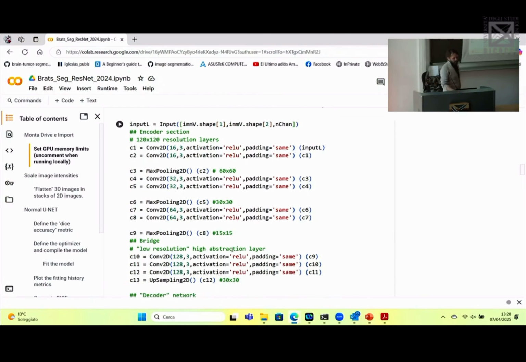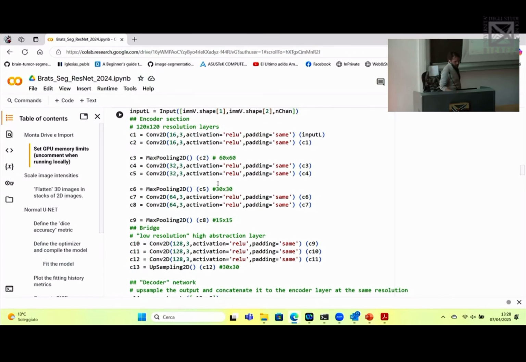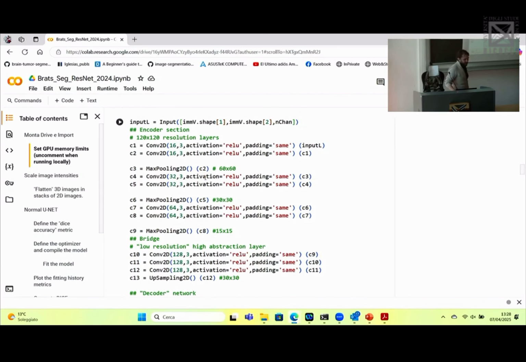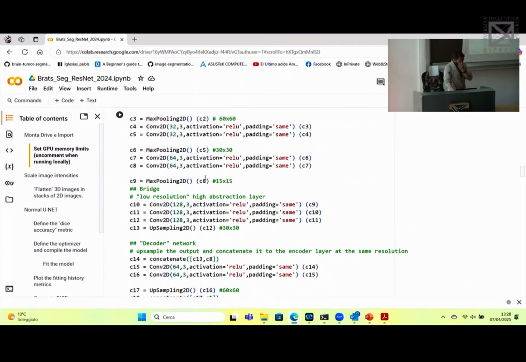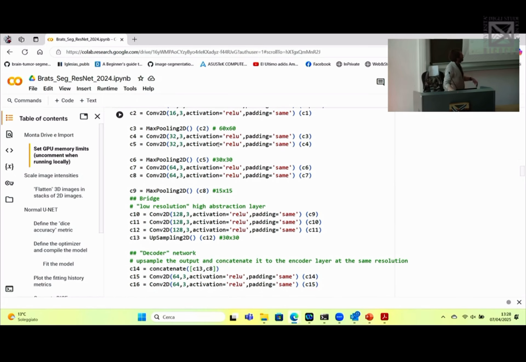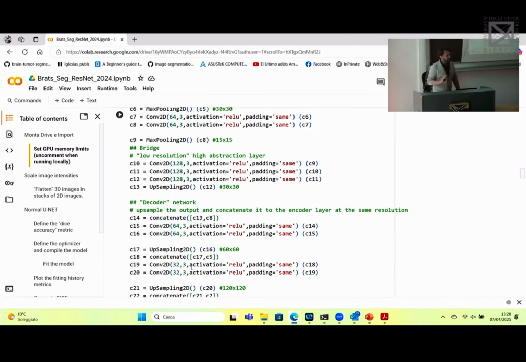Now, what we are doing here is just to build a very standard neural network. A very standard UNet, the one with the skip connections. So for every layer in the max pooling layer, at every resolution in the decoder part of the UNet, we are just concatenating with the layer at the same resolution, which, if you remember, is something that we skipped in the autoencoder